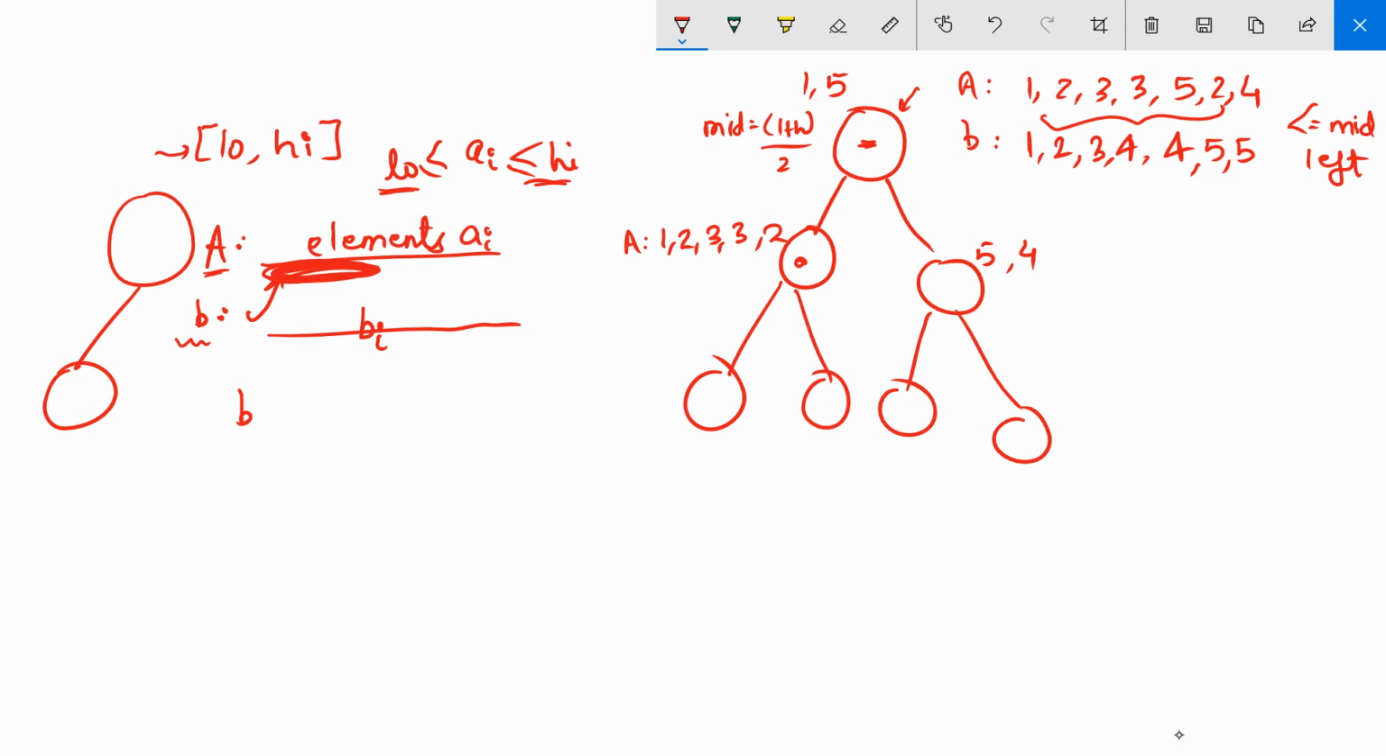Now the range for the left would be from low to mid, because this is how we have partitioned our array, from low to mid over here and mid plus 1 to high over here. So you have the interval for these nodes, you have the array, you can find b, and recursively you can build the tree. So guys, the height of the tree can be at max log of the max value in the array,